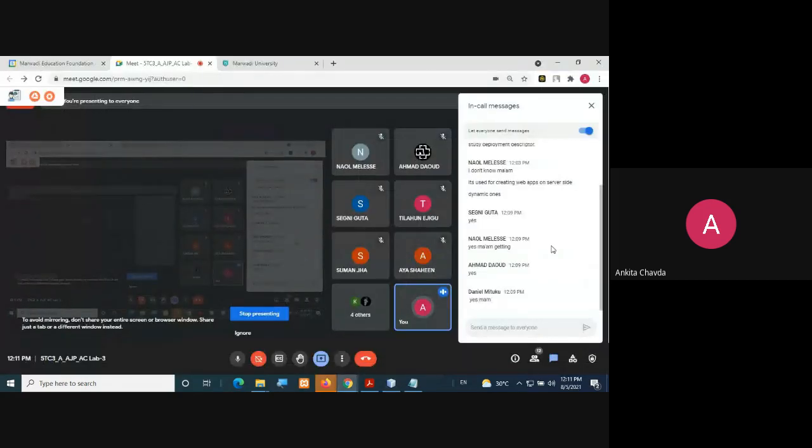What are the different phases, or what are the different methods in the servlet life cycle? Anyone? Yes. No one?